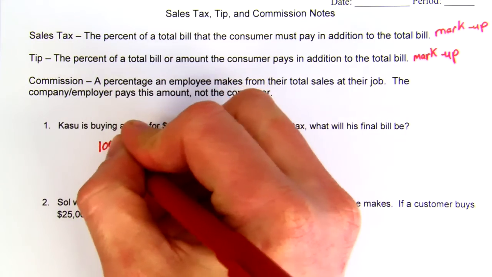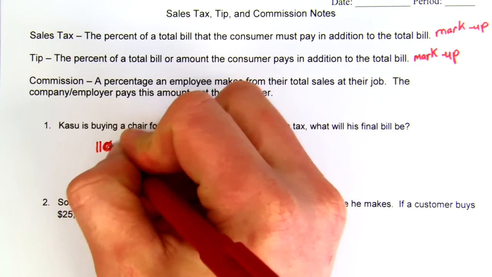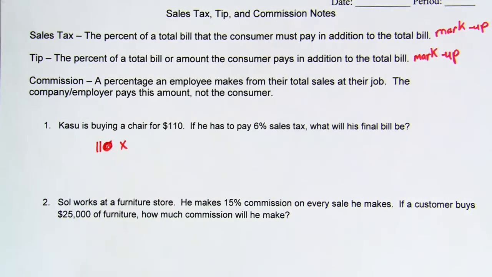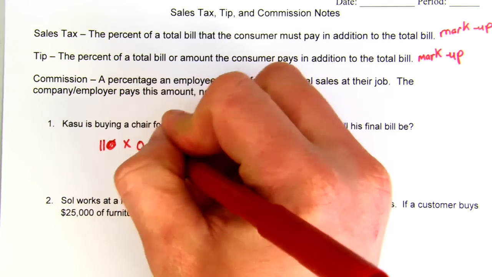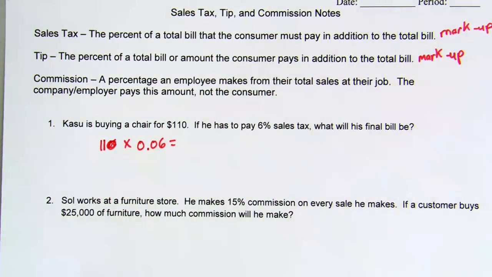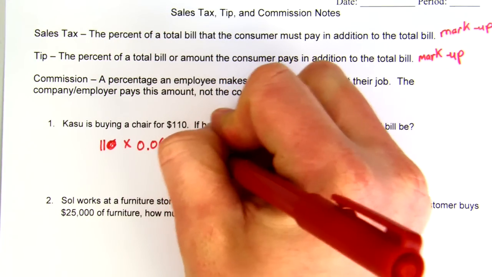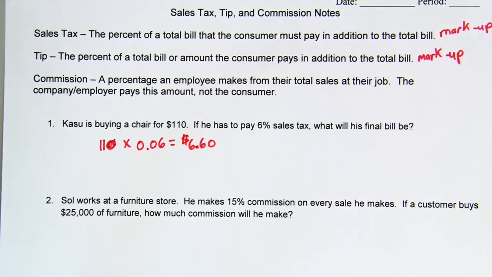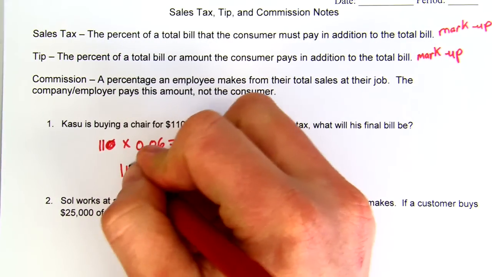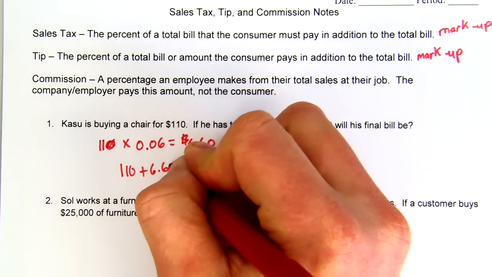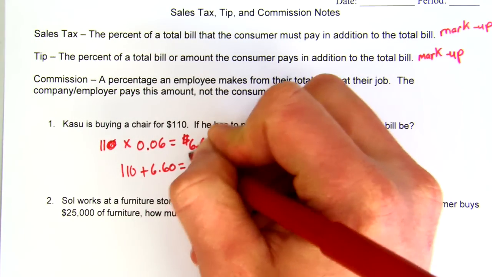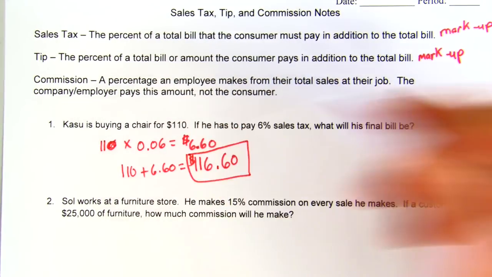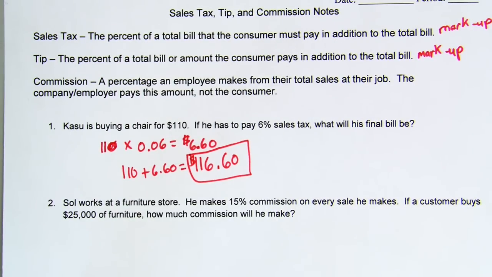So we're going to take our original amount of $110 and we're going to multiply by the 6%. We need to go ahead and turn that into a decimal, so 0.06. And I go ahead and multiply that, and I get an answer of $6.60 is what will be paid in sales tax. I take my original amount of 110 and I'm going to add my $6.60 to it, giving me an answer of $116.60